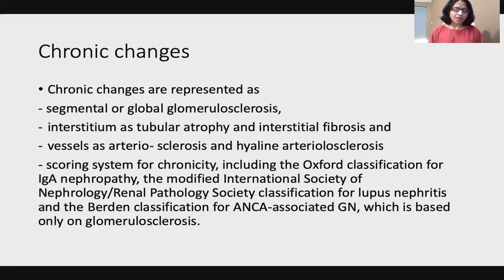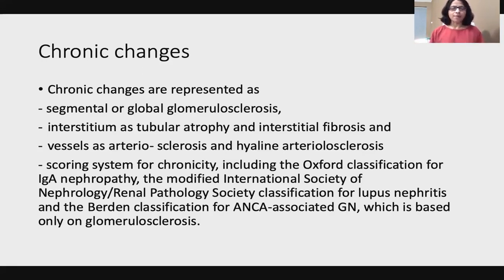Glomerulosclerosis? So we need to tell them if there is just segmental glomerulosclerosis, how many glomeruli are there? Is it extensive? Is it limited? If it's global glomerulosclerosis, we tend to give a count. So if there are 20 glomeruli seen, of these, only one is globally sclerosed or 20 are globally sclerosed. So you can see it makes a difference, telling them how much chronic damage there is.